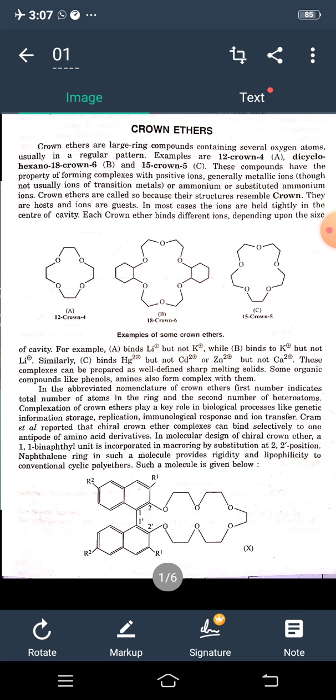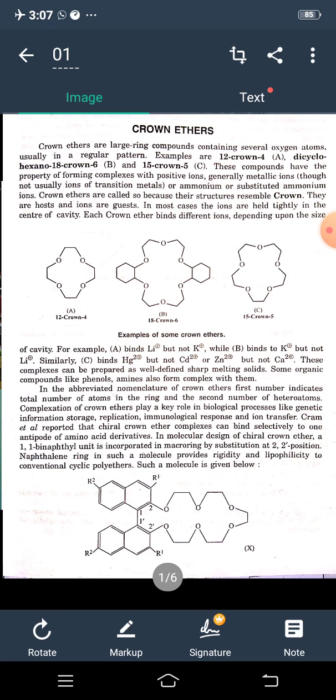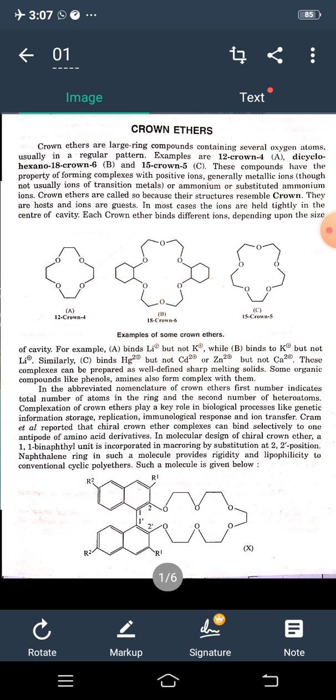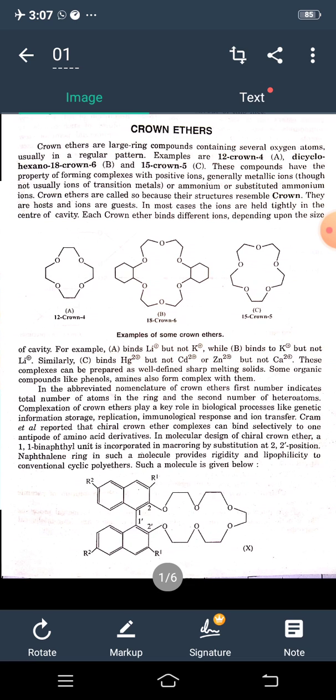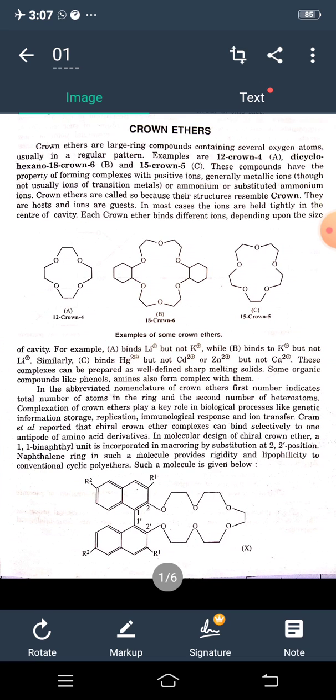Crown ethers are large ring compounds containing several oxygen atoms, usually in a regular pattern. Examples are 12 crown 4 (A), जैसा कि इस डायग्राम में भी दिखाया है. 12 crown 4 means 4 oxygen atoms are condensed. Then dicyclohexanol 12 crown 6, here 6 oxygen atoms in B as shown in diagram, and 15 crown 5 as shown